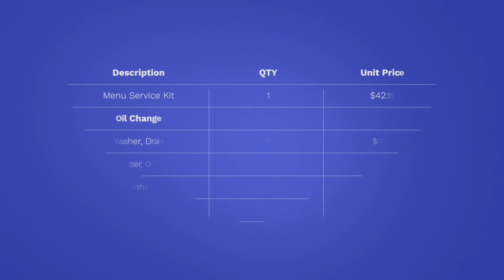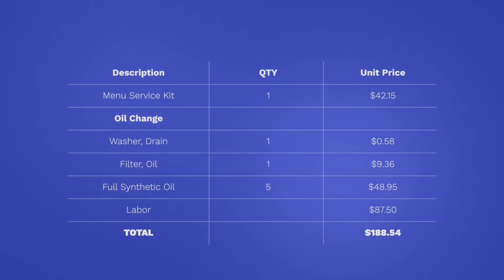Parts, they broke it down. So the minor service kit was $42.15. And then for the oil change, they changed out the washer, filter, and oil, and they changed to full synthetic oil. So that cost